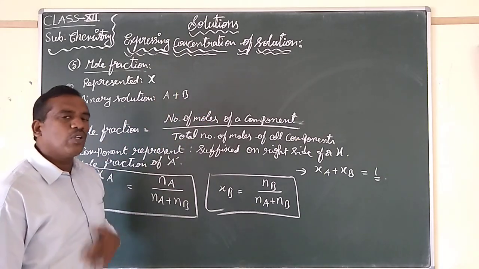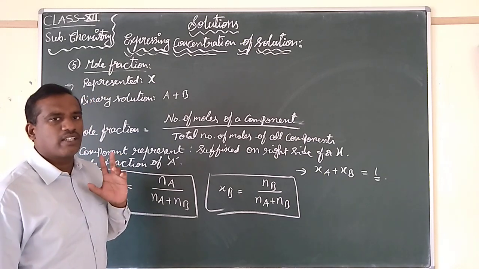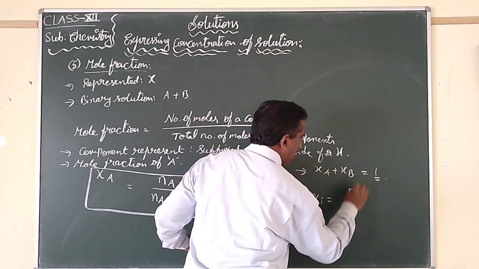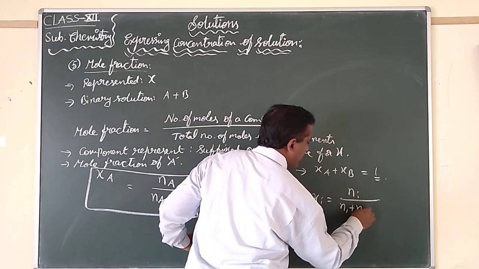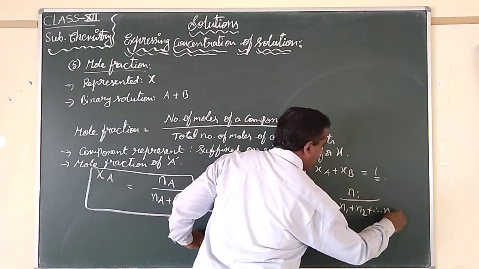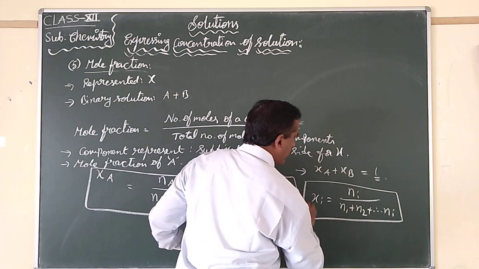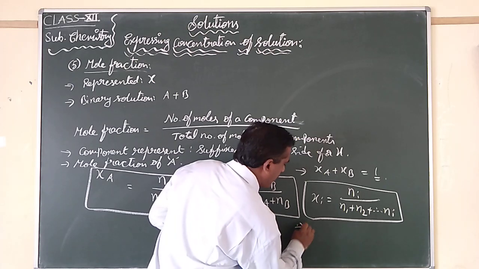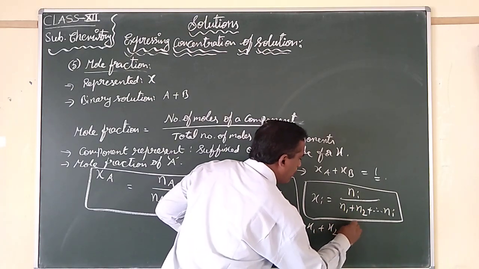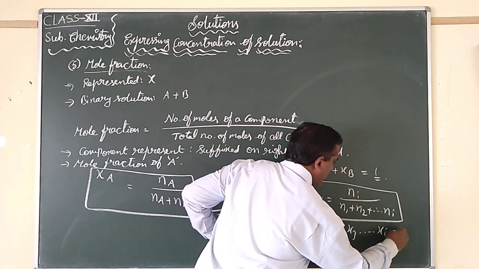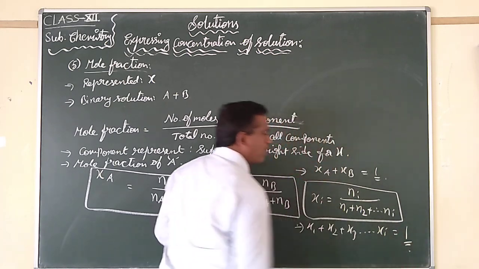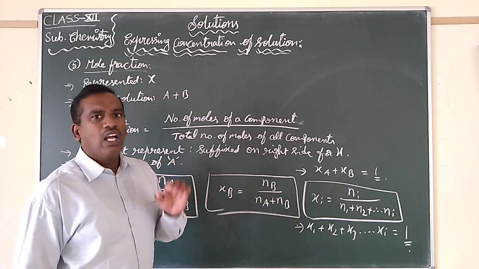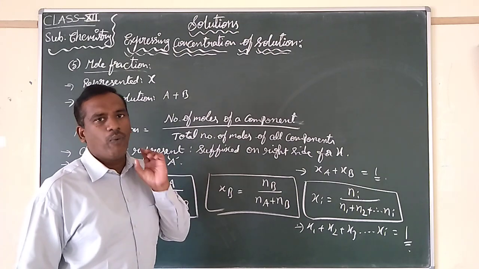For example, a solution has some infinite number of components. We want to calculate further. So xi for an infinite number of components starts with 1 compulsorily. Whatever it may be, if there are 2, their sum will be equal to 1. If there are infinite, that is x1 plus x2 plus x3 up to infinity, their sum will also be equal to 1. Means if you know the mole fraction of one of the substances, you can subtract it from 1.